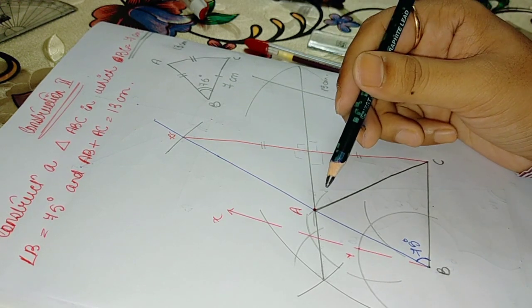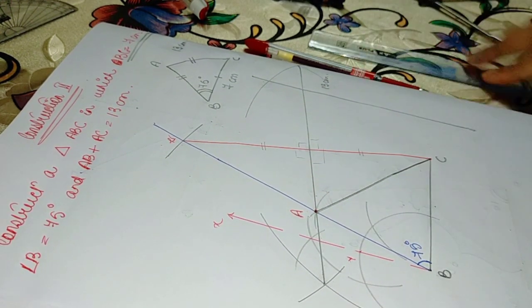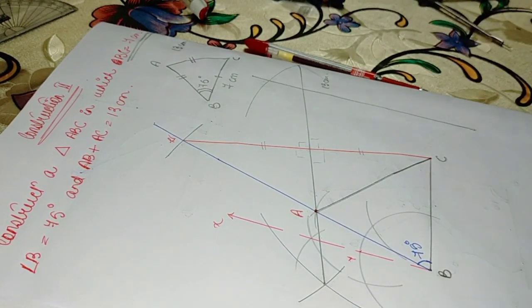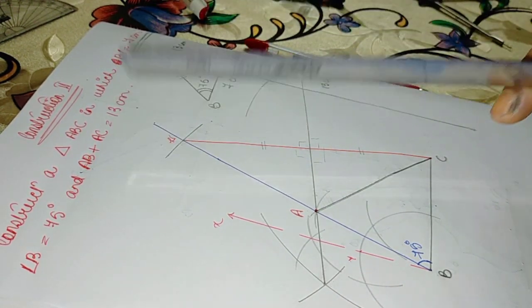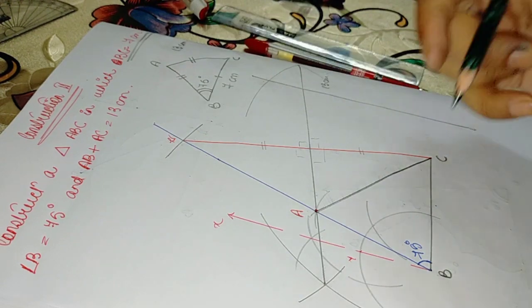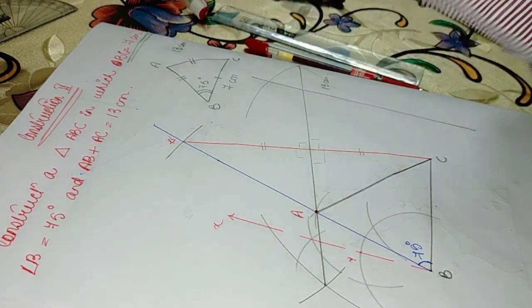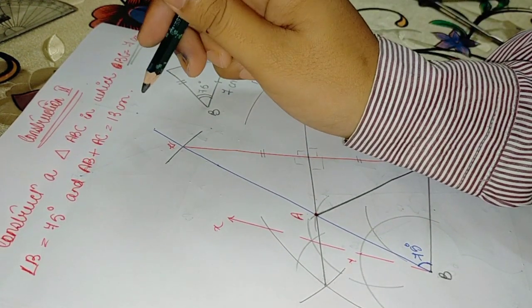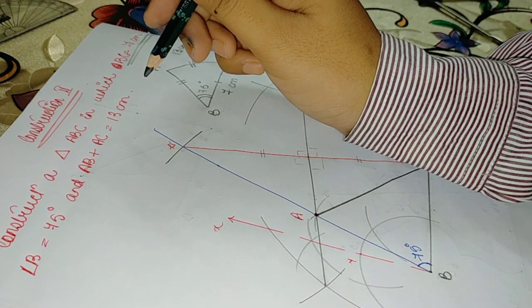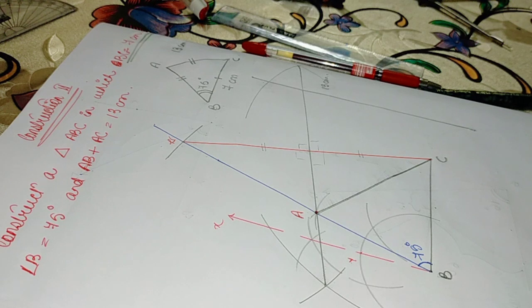So now AB plus AC, if you check with the help of your scale, this I am not going to show it here, you are going to draw it on your own and check whether AB and AC, if we add, we get 13 centimeter or not. This you are going to check by yourself, but I can give the justification why it will be equal to 13 centimeter.